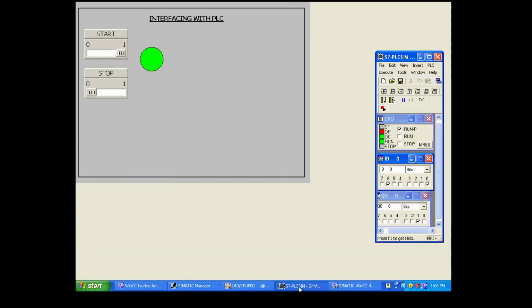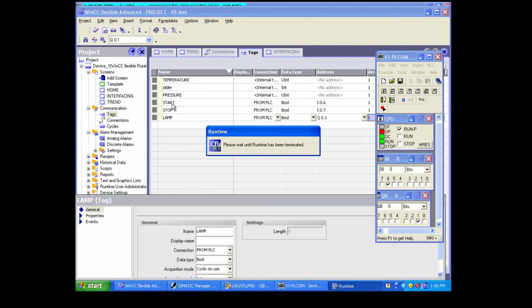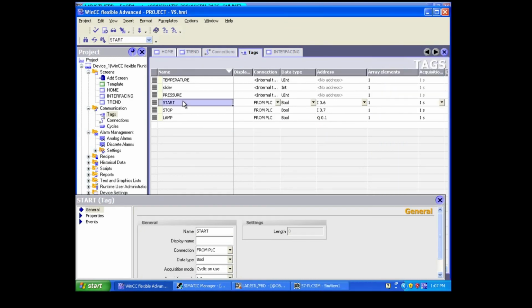Yeah, because in the PLC it is in an on condition. See? Fine? Got it? So this is how it will work, right?